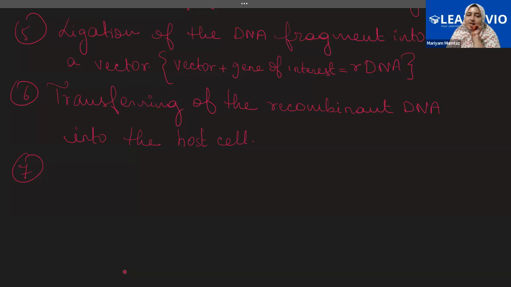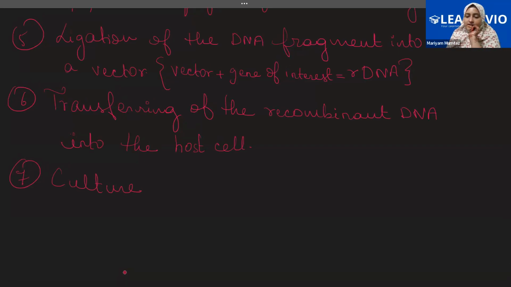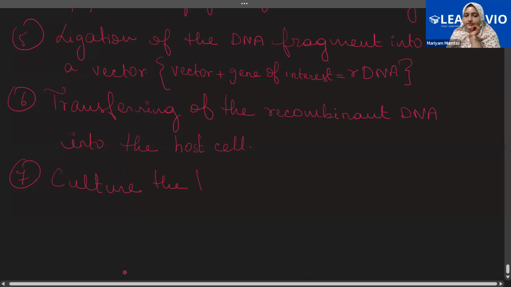So the next step is culturing the host cell, because we are doing it in the lab. All of these things are being done by us. It's not happening naturally. It is an artificial process. So now we culture the host cells. Culture means